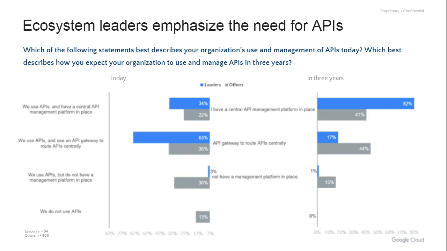The adoption of APIs, it could be either API gateways or API management, has been on the rise. A lot of digital business ecosystem leaders already have been incorporating APIs into their strategy and into their IT stack. We also see that those who are not doing it today are very keen to incorporate APIs into their programs and strategies in the next 3 years to drive powerful business ecosystem strategies.